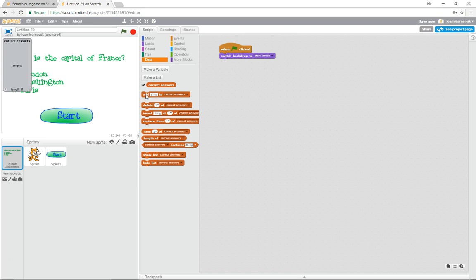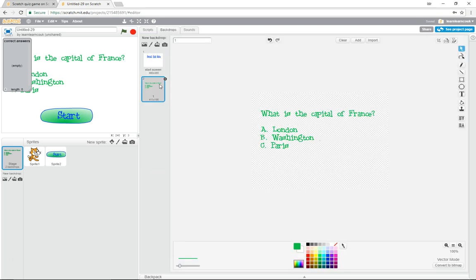At the start of the game, we delete all of correct answers, and now we add what we want. So question number 1 is C. There we go, good. So there's question number 1, and the correct answer is C. Let's duplicate this,